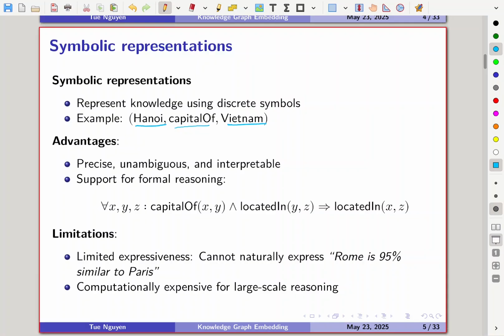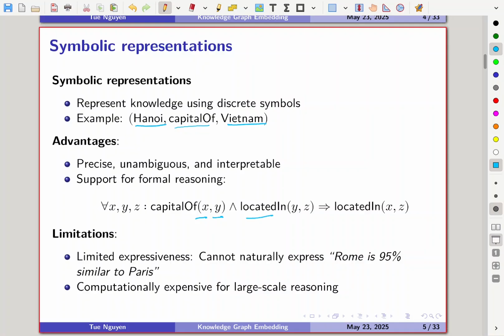The second advantage is that it supports formal reasoning. So if Hanoi is the capital of Vietnam and Vietnam is located in Asia, I can do a reasoning that Hanoi is located in Asia. However, there are several limitations with this approach. The first one is that it has limited expressiveness. We cannot express some statement like Rome is 95% similar to Paris, or it can be very expensive computationally, especially